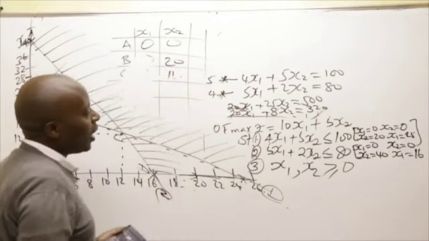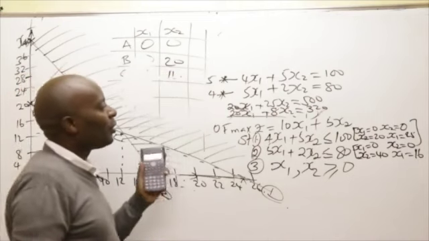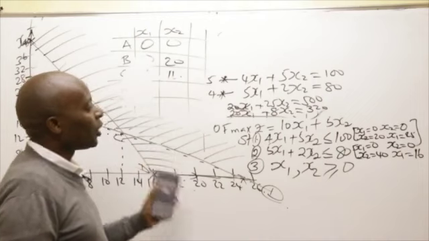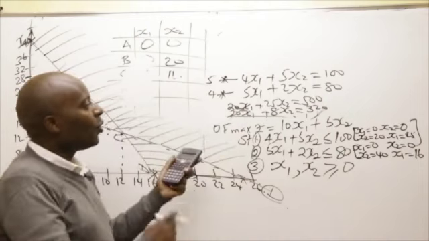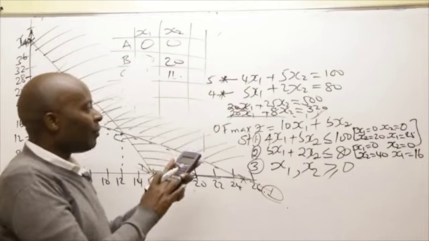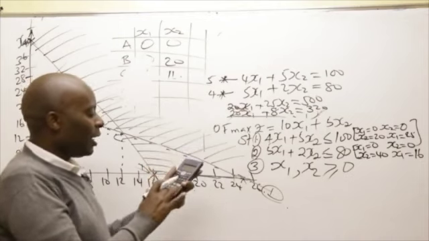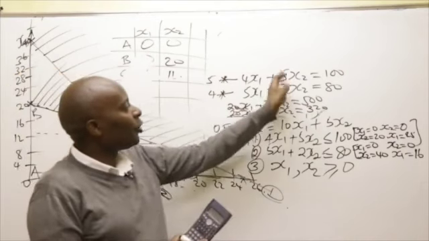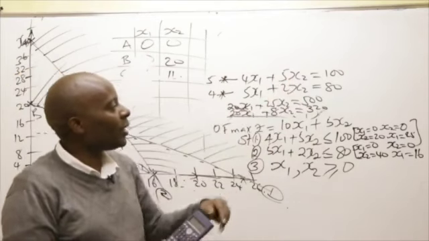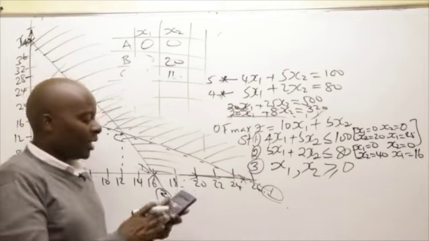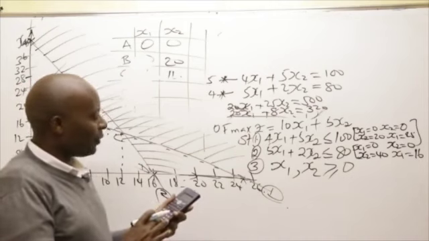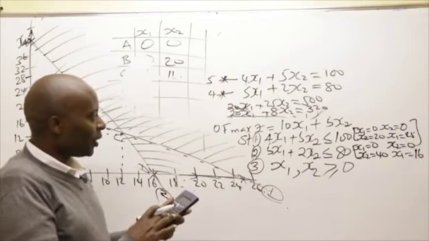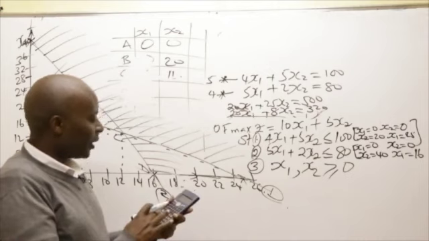How about x1? Having gotten in this case, ladies and gentlemen, the value of x2, I'll very easily get the value of x1 from any of the two equations. Like I know x1 now will be 100 minus 5 times 11, because I'm taking this to the other side, right? Whatever I get, I say divide by 4, which will end up giving me what here? 11 as well. Let me try again this. So it is 100 minus 5 times 11,